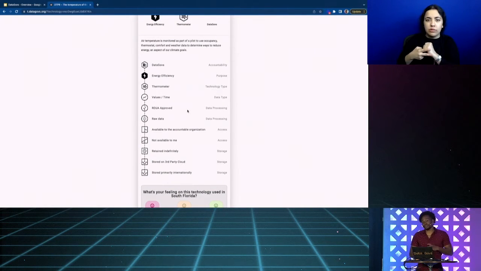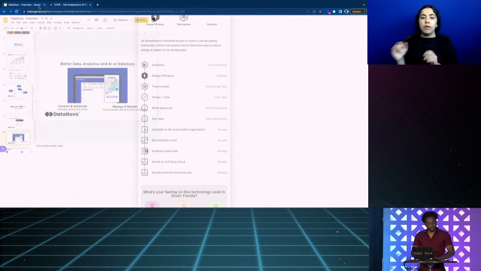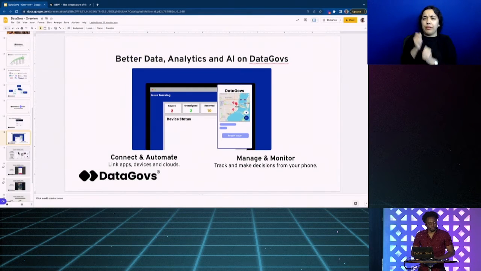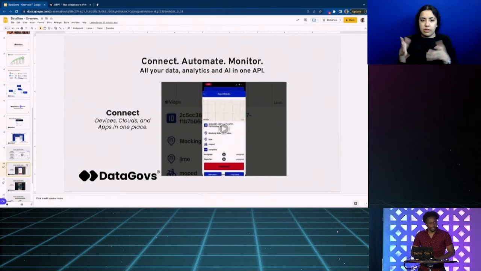We can even get this down so people can leverage this for API management, such as using our access token and then getting access to this service to help them as they scale up across thousands or even hundreds of thousands of devices. So let me take it back to what people can do with this and what we've seen people do. Today, cities like the city of Miami are using DataGov's API.